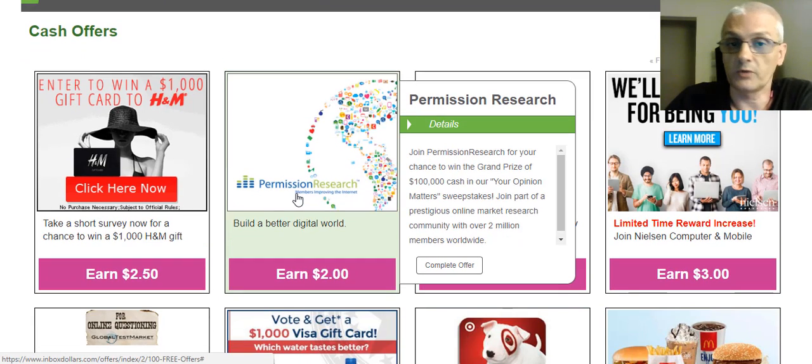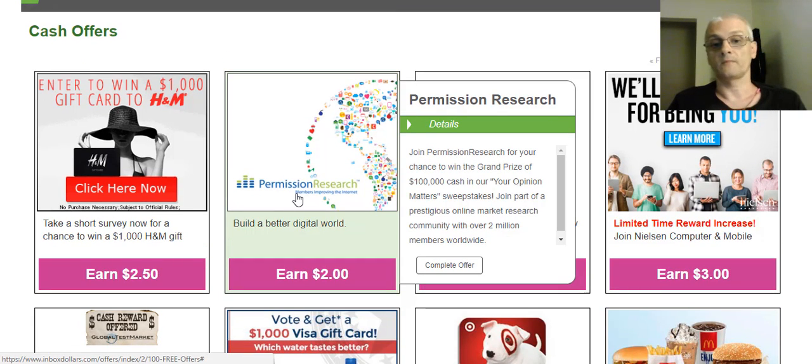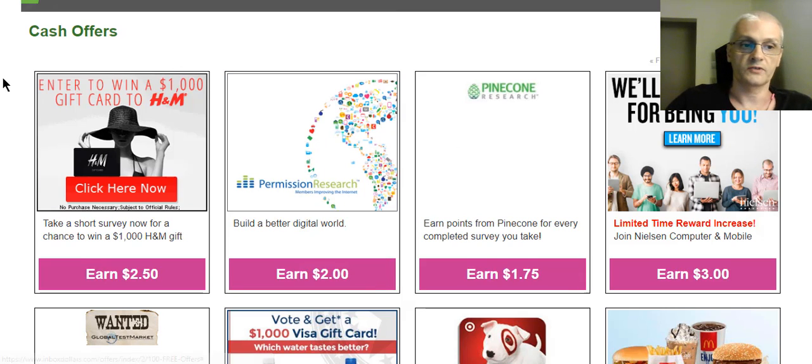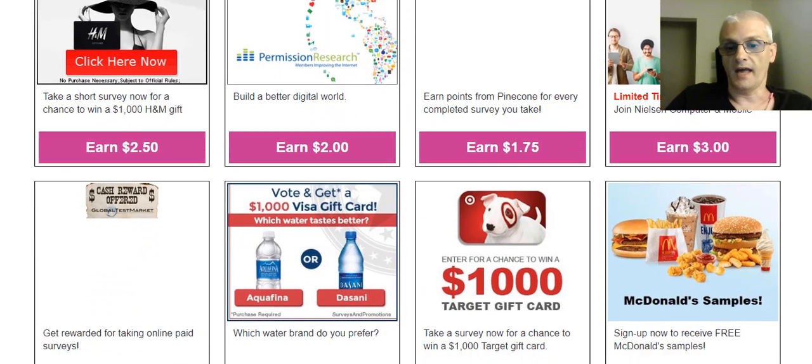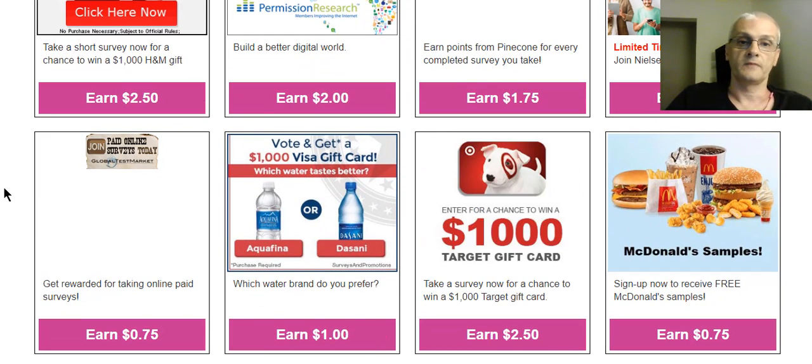So guys, really easy, real simple. Again, if you're not part of InboxDollars yet, click the link down below to get signed up. You'll start off with a $5 credit, and then go onto the website, the desktop version, and go to the free offers and complete as many free offers each day as you can. When you do that, you're going to be making $5 to $10 every day doing free offers, which is going to equal approximately $150 to $300 a month